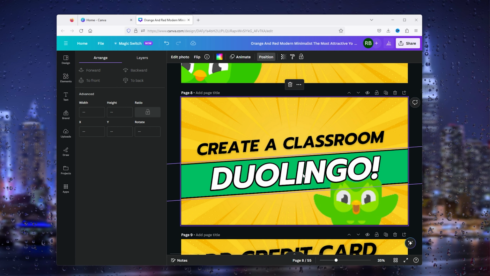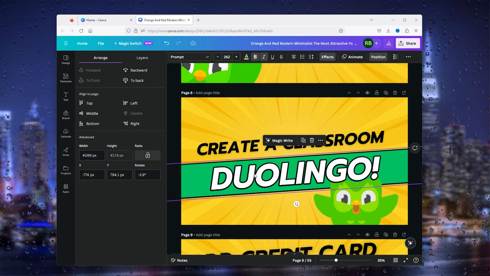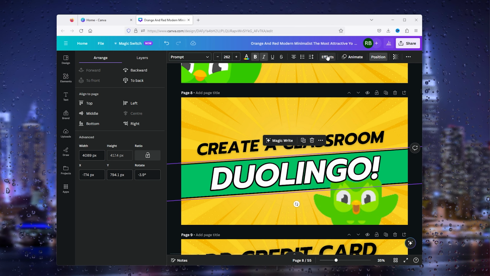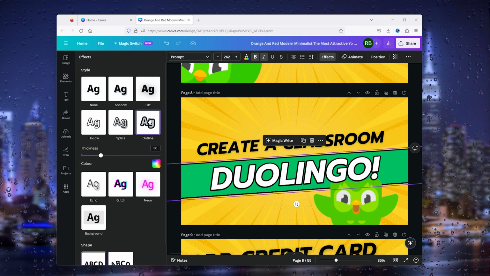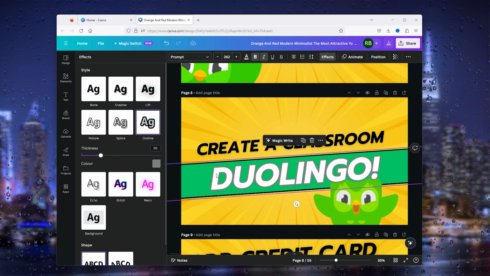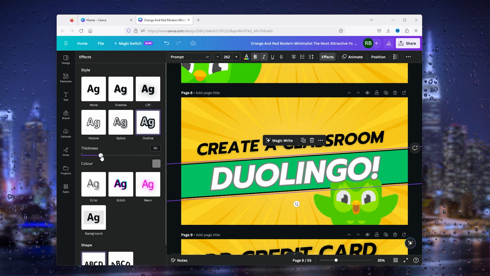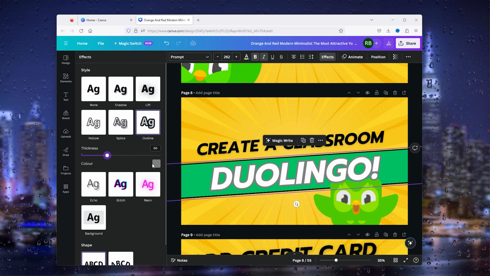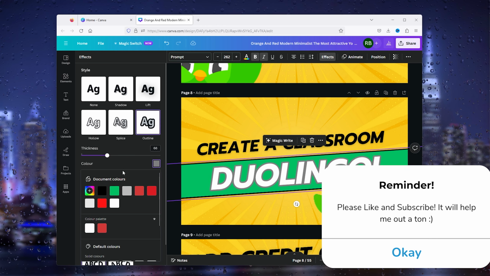Now from there you head down to your text that you want an outline of, and from there you select it. Now from there you go to effects, and as you can see you got the outline option right in style. Now it usually goes in gray, and here you can change the thickness of the outline, and if you want to change the color of the outline, simply go down to the color right here and select the color